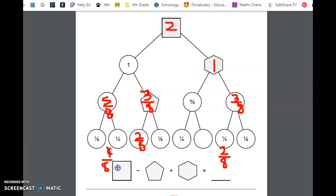So now I can come down here and do the 2 minus 3/8 plus the 1. So when I have the 2 minus 3/8, I picture that as 2 big pizzas here, and they're in eighths. So then if I take away 3 of those eighths, that's going to leave me with 1 whole and 5/8 of another. So now I have 1 and 5/8